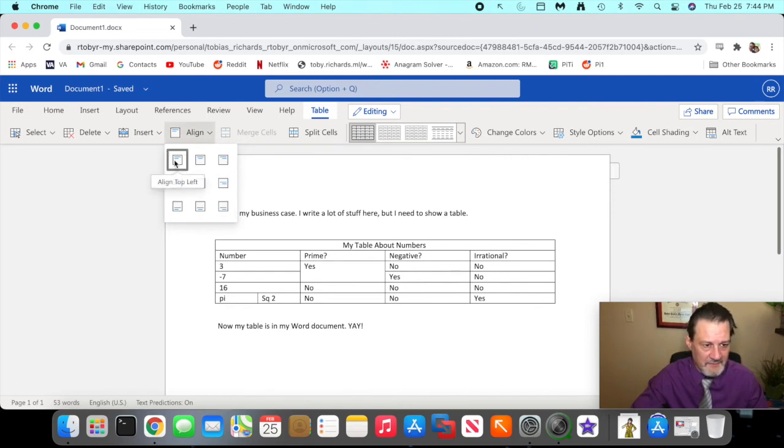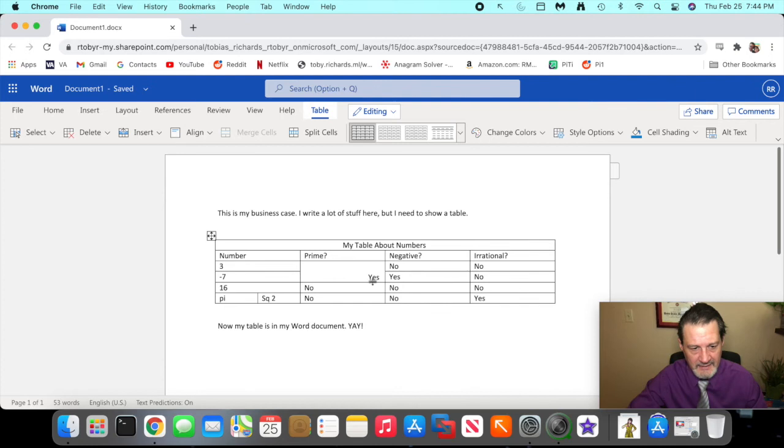The top left will align what's in the cell to the top left, which is how it is now, top and left. I could click align to top center, top right, right? Because this is the top right option on the buttons. If I click down here on the bottom right button, I get aligned to bottom right, and it goes down there. But what I want to do is middle. So I click the very middle one, and now I've got the yes right here in the middle. Okay, so